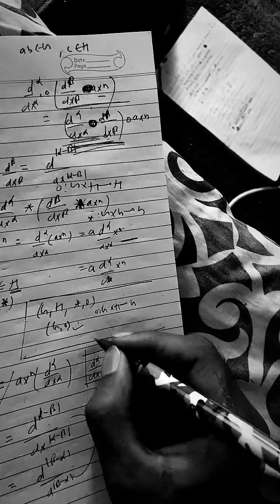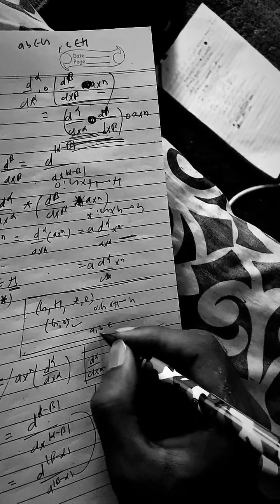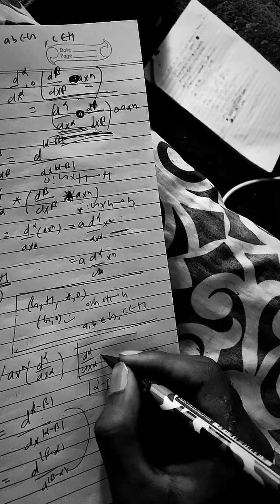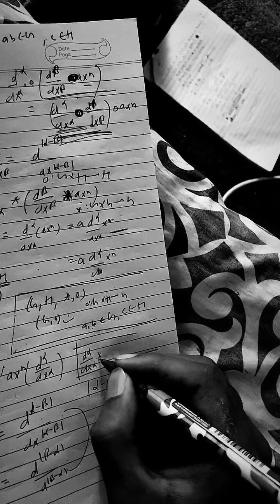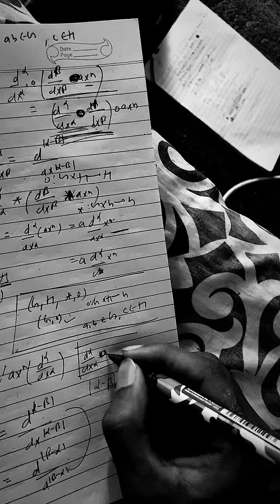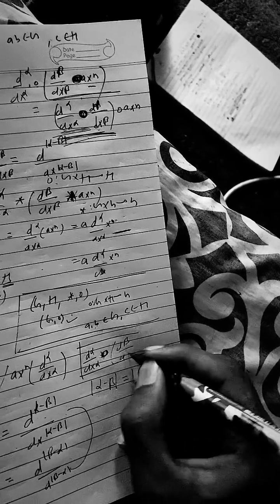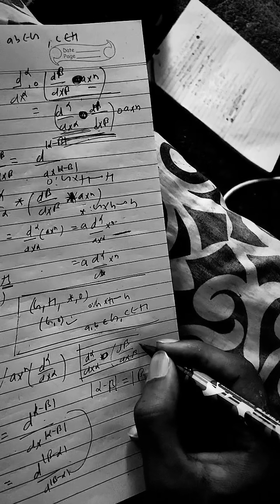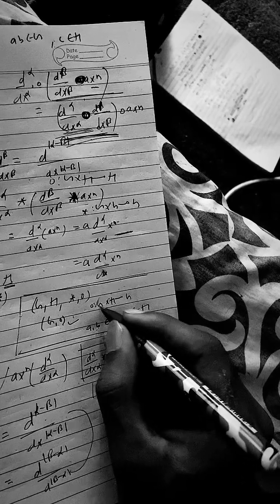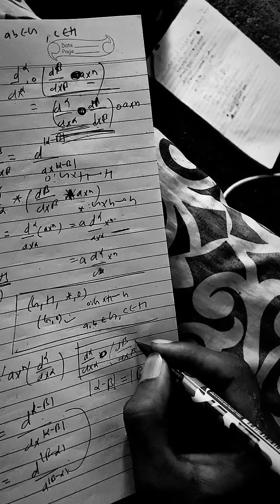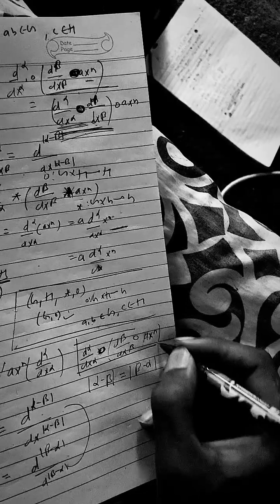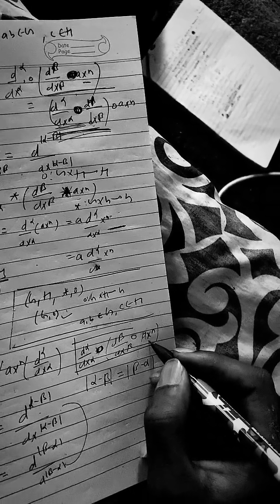D alpha upon dx alpha, since alpha, beta, alpha A and B elements should come from G and C from H. Here should be a star, not a star, it should be O. Okay, so dO and d beta by dx beta, and here it cannot be O because O is defined from, it can be O, yes, it can be O, and then H, ax power n. So this is legitimate, we can do this, but